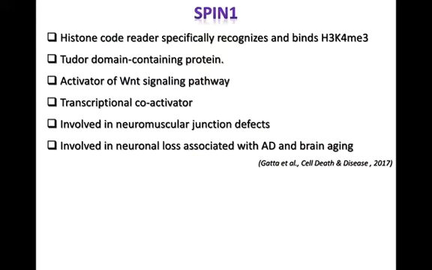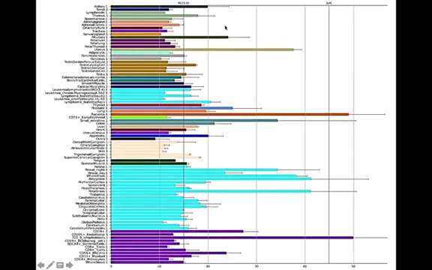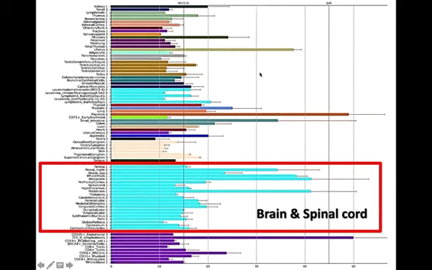Continuing talking about info about the spin1 protein. This figure shows, and you can get it from the internet easily for any protein, the expression of the gene, whether this protein is expressed in a certain specific tissue or cells. You can get the info, and you can see where the spin1 is expressed, and as well you can see